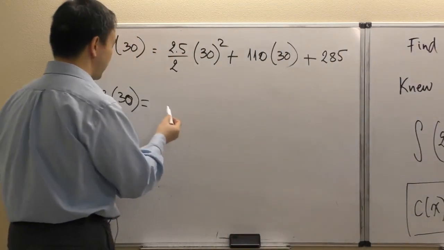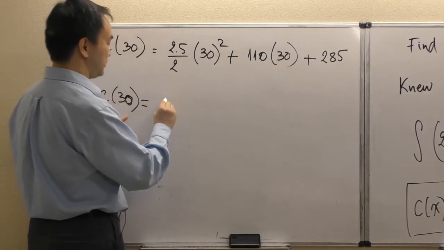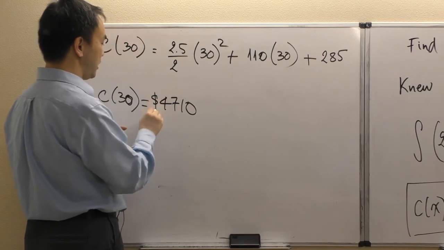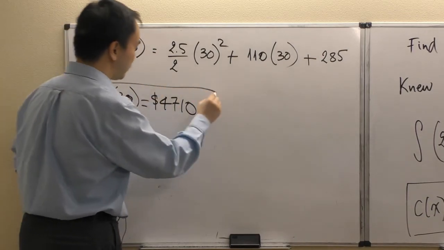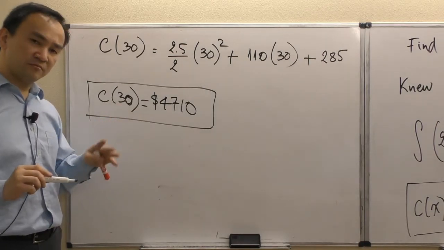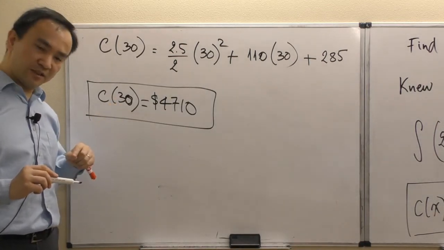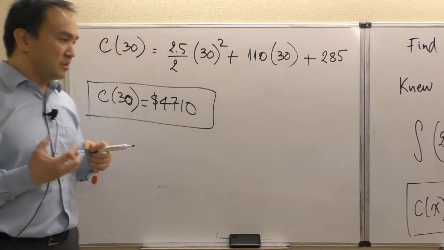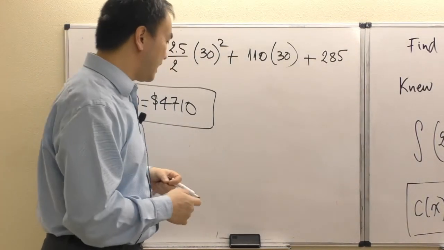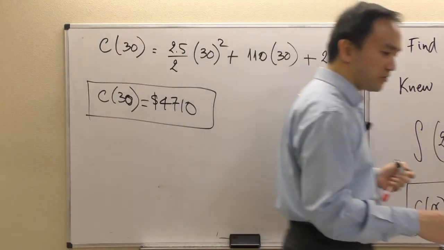And I now have come to a total cost being 4710. This is all in dollars. So we have a total cost of $4,710 when we're at the production level of 30 units. Okay, and so now this is really the end of our current example here, but allow me to introduce a